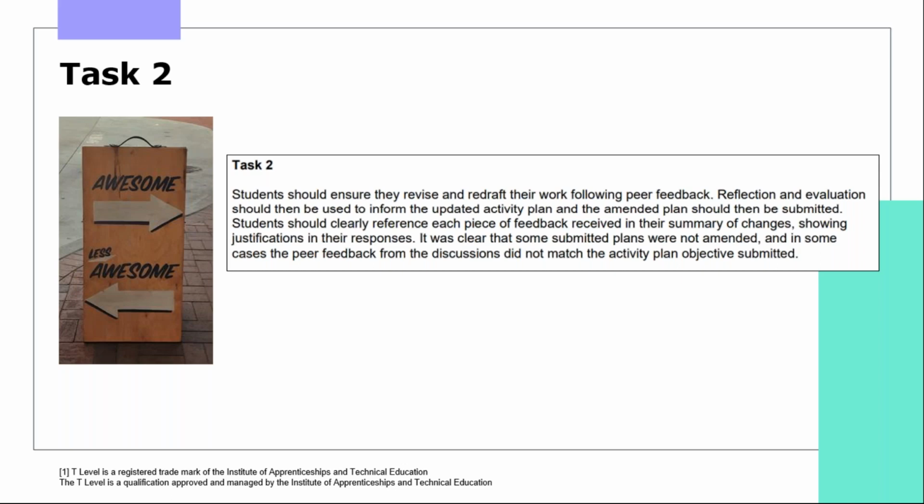The report also suggests that students should be encouraged to make links to the changes they make back to the feedback that led to these changes, justifying their responses. This might mean that feedback from the peers was taken on board, but not used. It was considered, but not used, or that some of their peers' ideas have been used or adapted. As long as there are justifications for these, then reflective practice will be evident. Finally, please encourage the students to ensure that changes and plan content match the peer discussions and the activity plan's objectives.